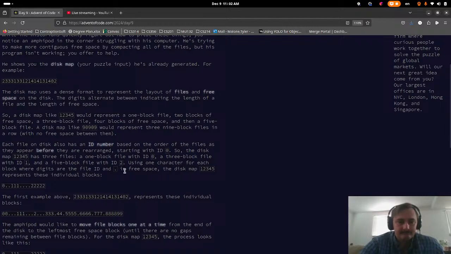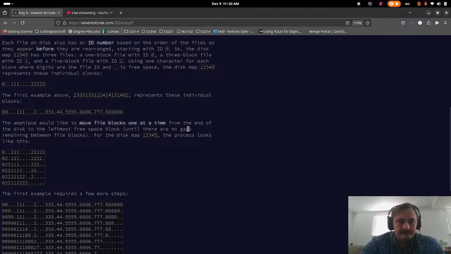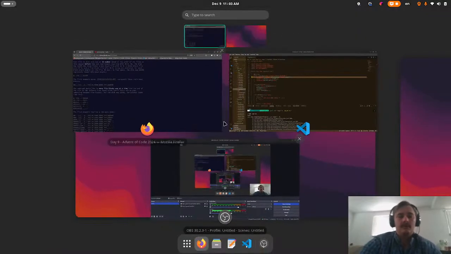Move file blocks one at a time from the end of the disk to the leftmost free space block until there are no gaps remaining between the file blocks. Once I swap,